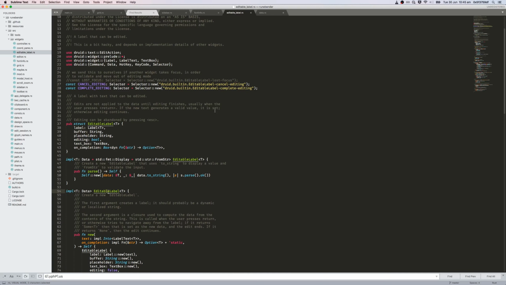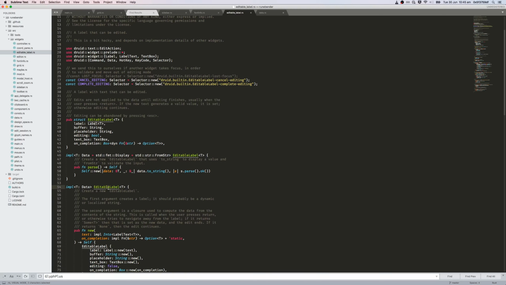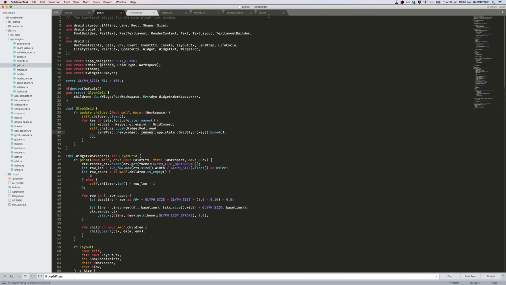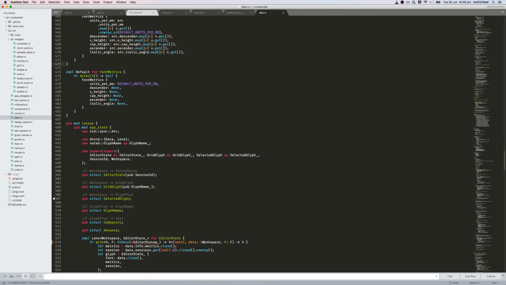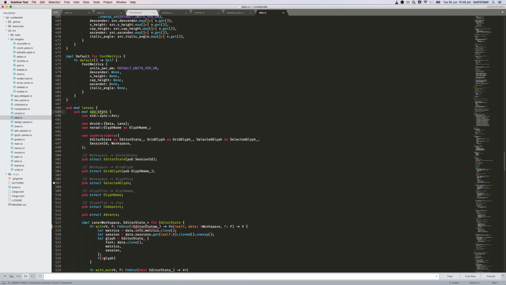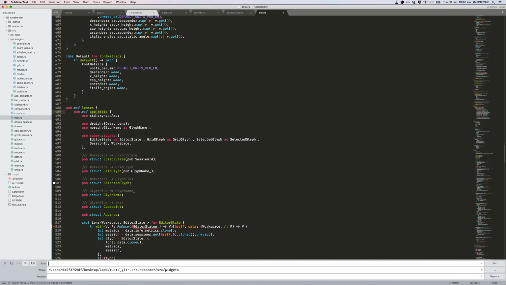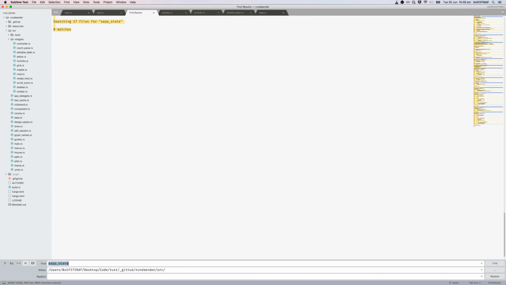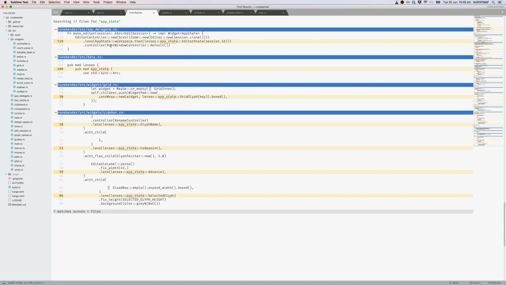So what do we think? Should we just look at editable label and focus on that? Because that seems to use... So my question is, we saw all this lens stuff, but which one of them is actually being invoked? Which one is happening here? Well, that depends on where it's used, right? We can actually see where that is happening, because it's explicitly called in the code under lens. So you can see here,